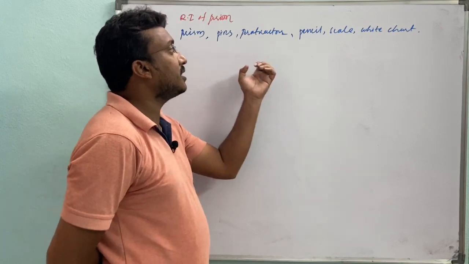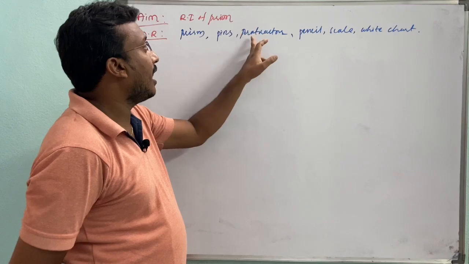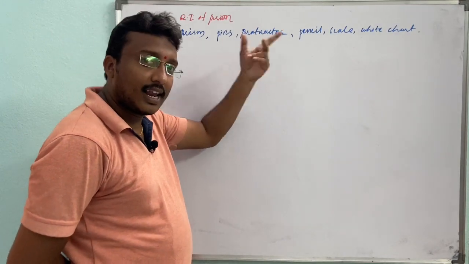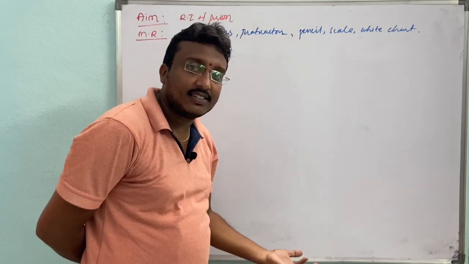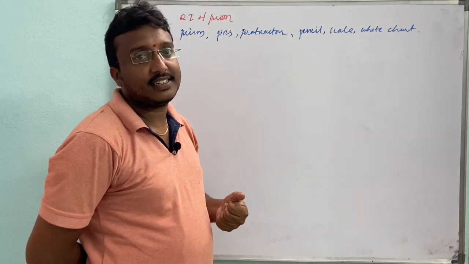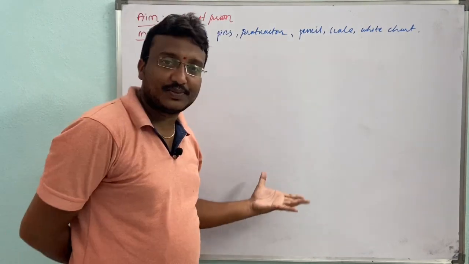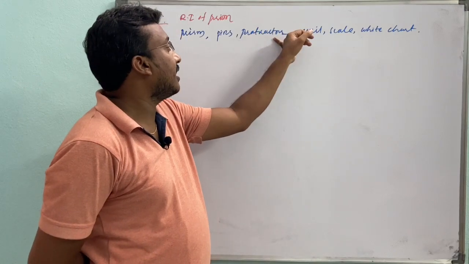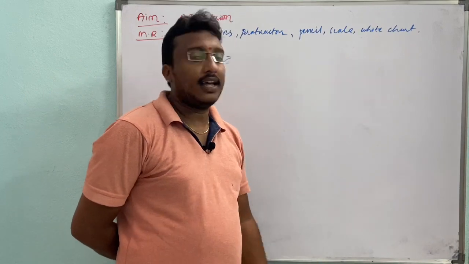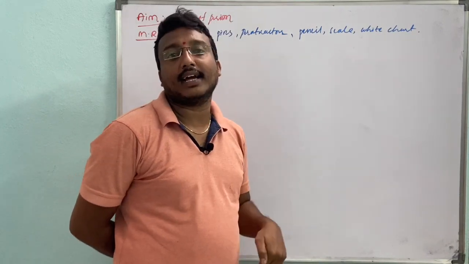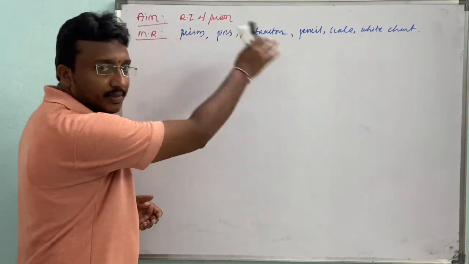We have to know the uses of these materials. Pins and a protractor are used to measure the angle of incidence, the angle of emergence, the angle of refraction, the angle of deviation, and the angle of prism. Here we are getting more angles, right? To measure those angles we use the protractor, and pencil and scale are used to complete the ray diagram. Okay, right. These are the materials required.